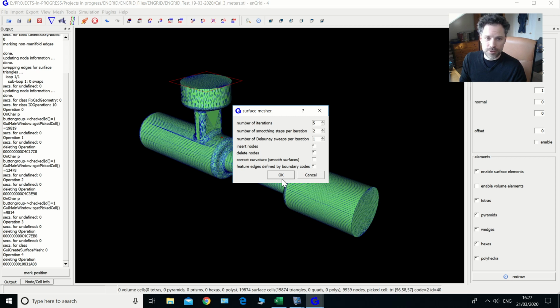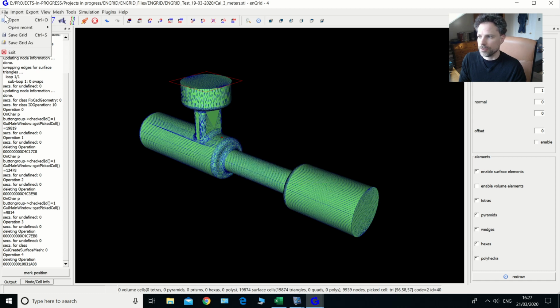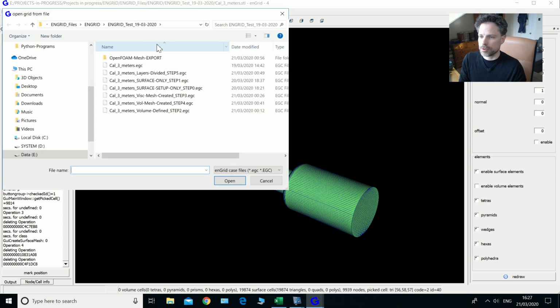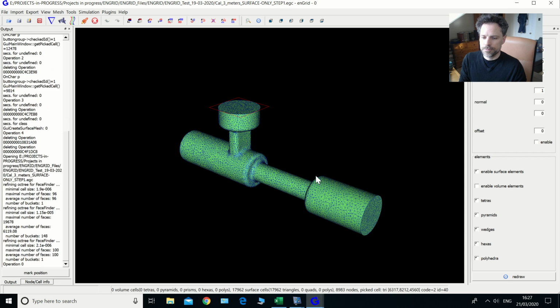I'm not going to click OK because it's going to take about 15 minutes, so I'm going to skip forward to the next loaded model stage, but the only difference between them is I haven't pressed this OK button. So if we just go to the next step, step 1,